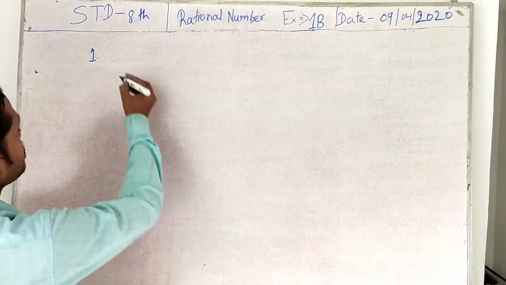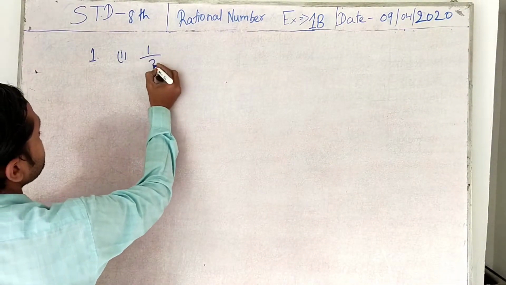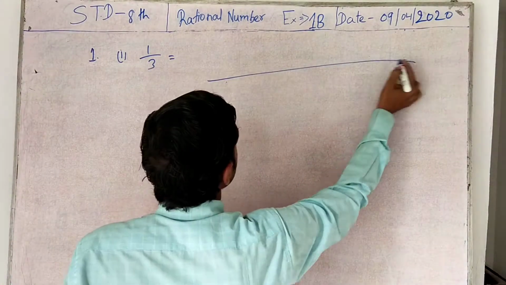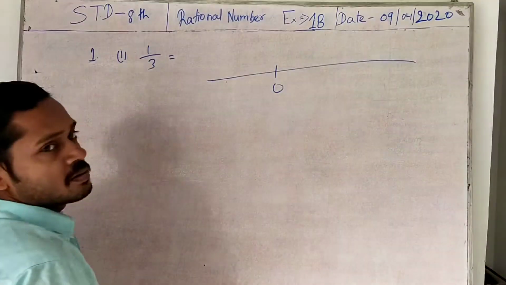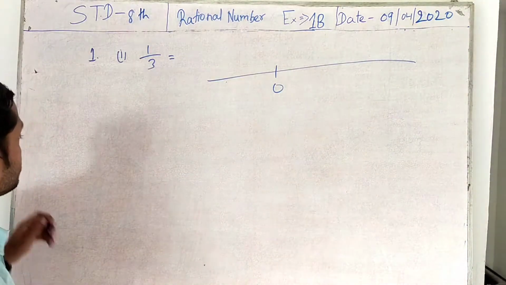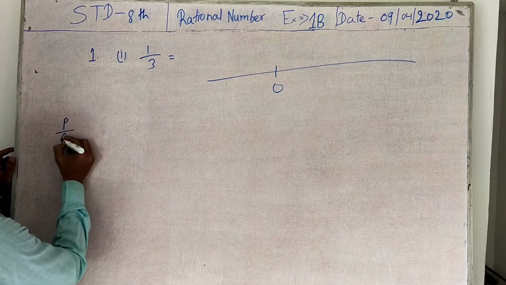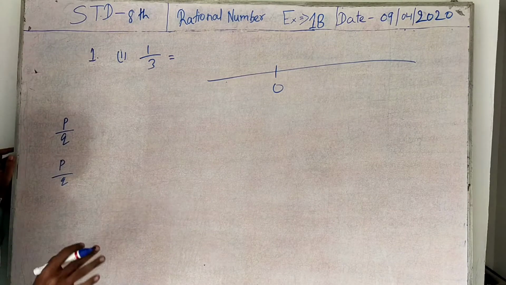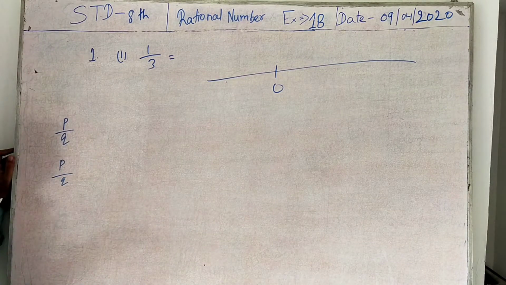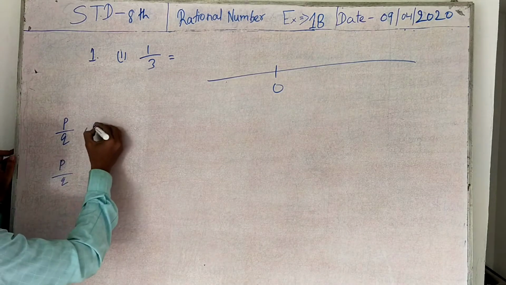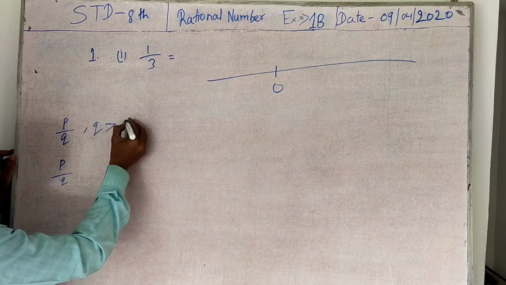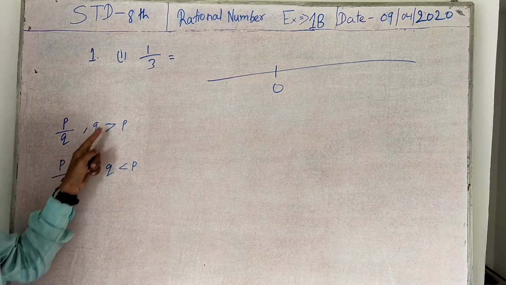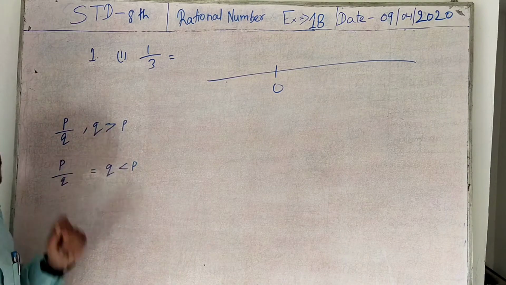Question number 1: 1 by 3. Listen, you will have to first of all draw. You will have to think about that. Three types of information are given. P by Q. Look at that. If Q is greater than P and if Q is less than P. Look at that, Q is greater than P, then